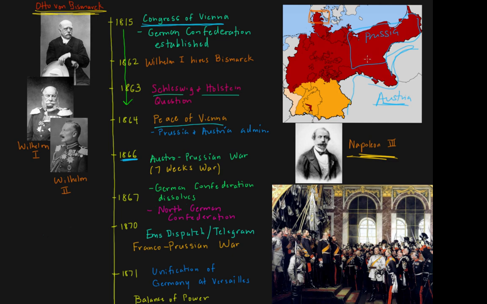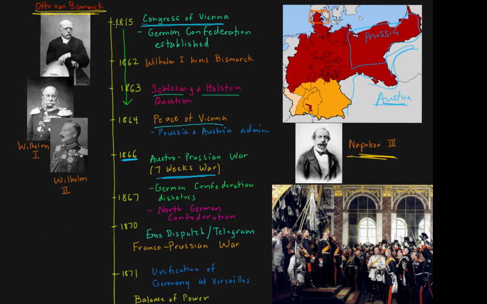And now Prussia has the perfect opportunity. They march into Austria in this Austro-Prussian war, and in only 7 weeks, Prussia has almost marched through half of Austria. And they're close to the capital of Vienna. But Bismarck is a very smart politician, and he knows that he needs Austria as a friend in order to counter the power of neighboring France.